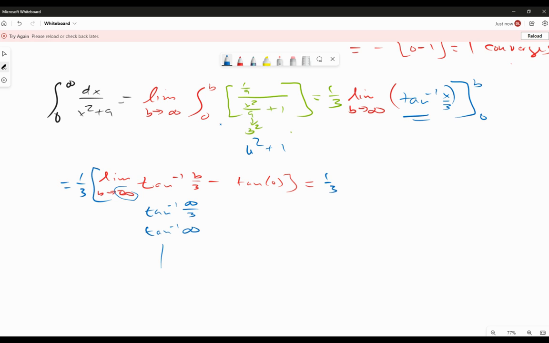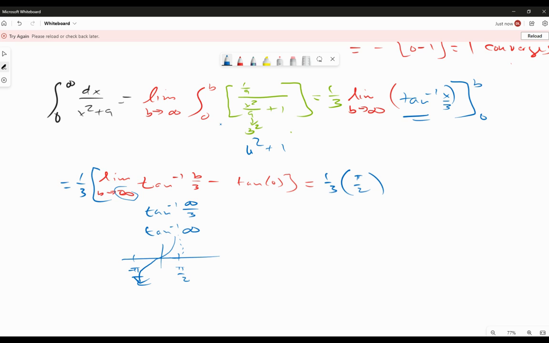If we look at a graph of tangent at pi over 2 and negative pi over 2, this thing goes like this, right? So if I'm right here, what is it approaching? When it's approaching infinity, I'm getting close to pi over 2. So that means I've got 1/3 times pi over 2,